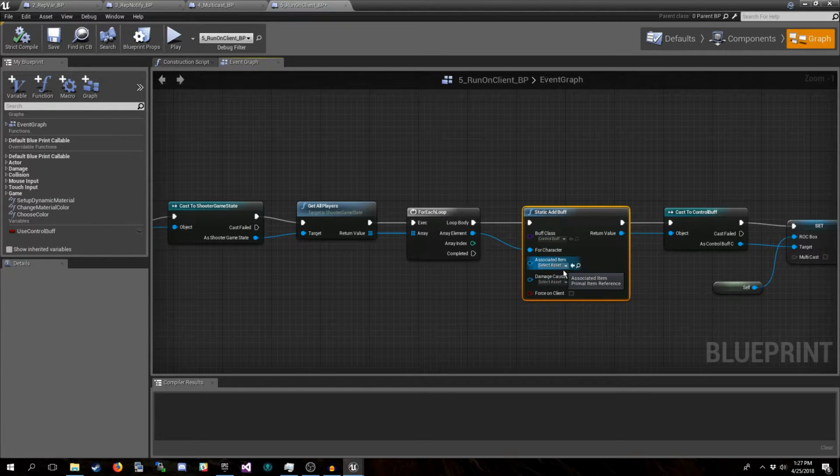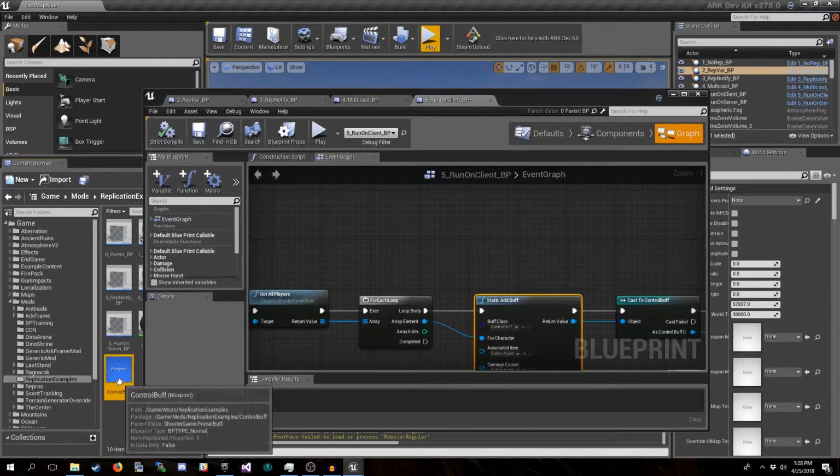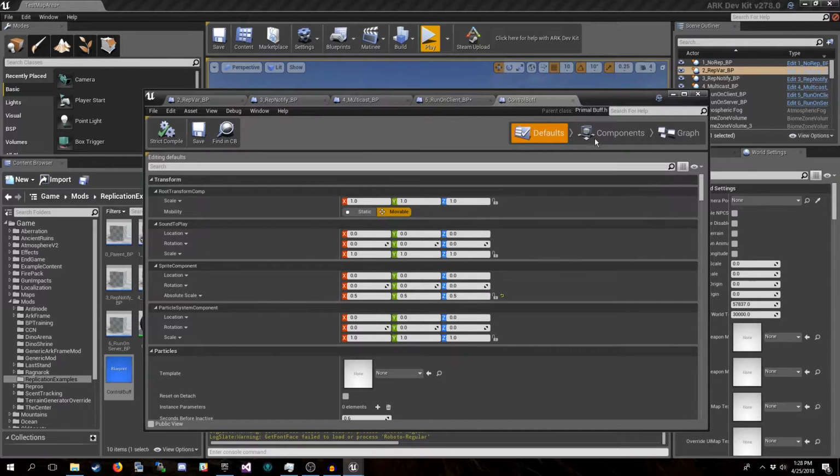Now, we don't have an associated item or a damage causer for this buff, so we leave those blank. Now, it'll return our instance of the buff. We cast it to control buff so that we can access the variables that we have on it. And if we open it up, now this buff I use for both examples 5 and 6. So there's 2 sections of code running in here.